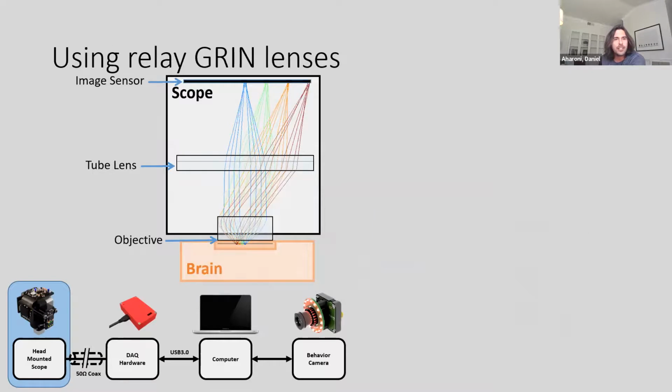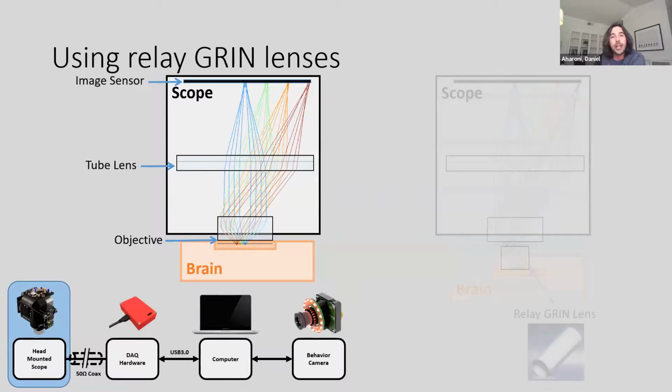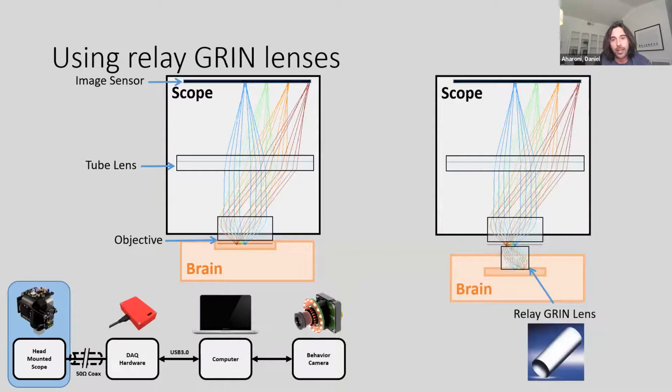I think for the sake of this talk, I'll skip over the theory behind using GRIN lenses, but I'll just hit on the topic that you might want to image superficial layers, which is great, but the brain is a volume, and there are many brain regions under the surface. Miniature microscopes can generally image from almost any brain region. The way they can do this is by implanting an additional lens, which is usually called a relay GRIN